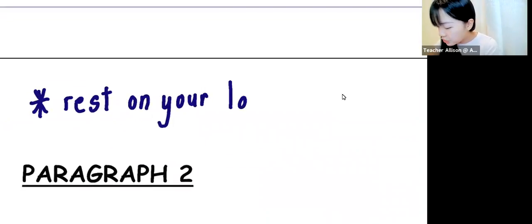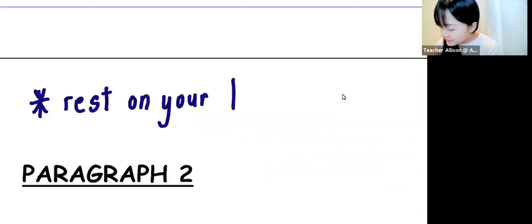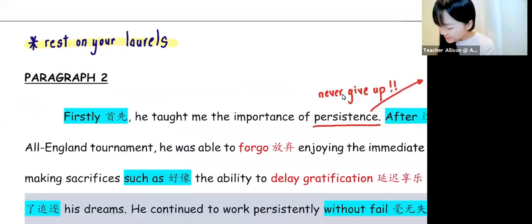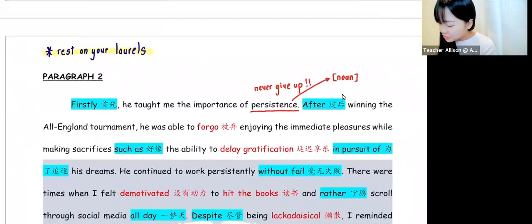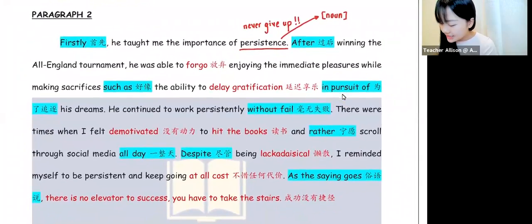Just because you got straight A's once, or maybe just because you hit a certain target once, doesn't mean you should immediately feel extremely satisfied. Never ever rest on your laurels. This one is an additional idiom to teach everyone. All right, so he was able to forego enjoying the immediate pleasures while making sacrifices, such as the ability to